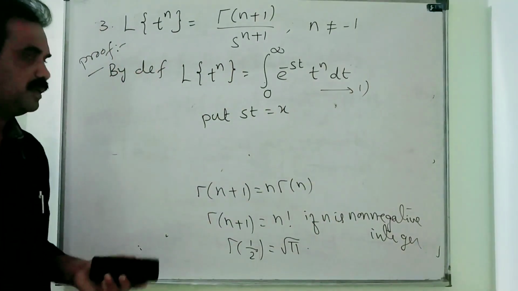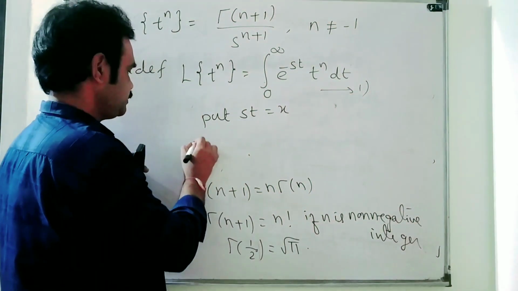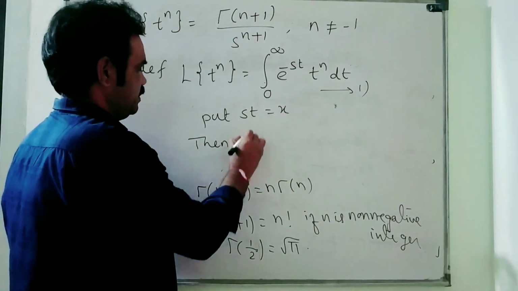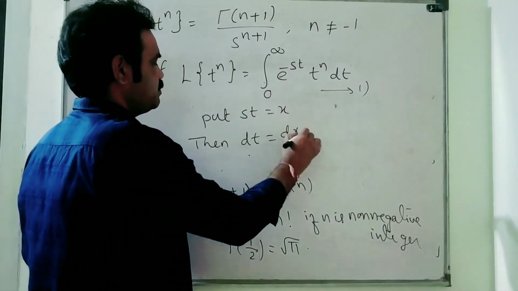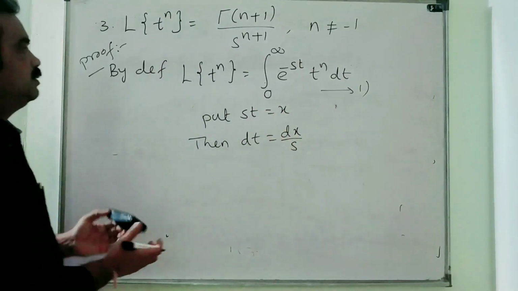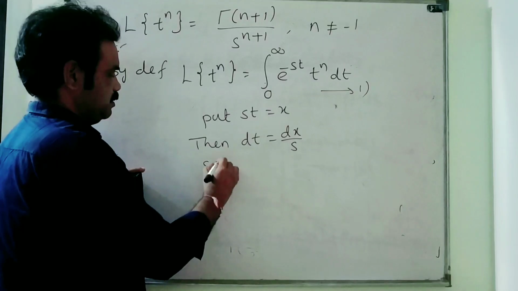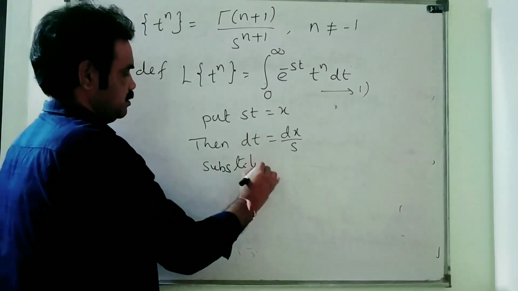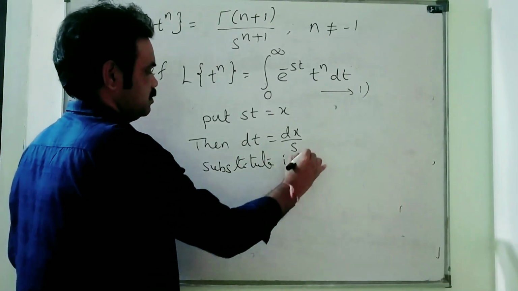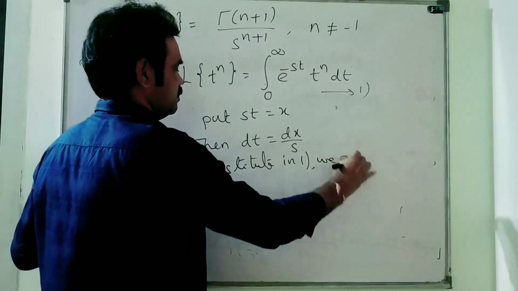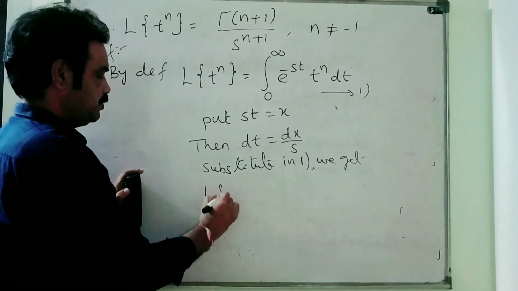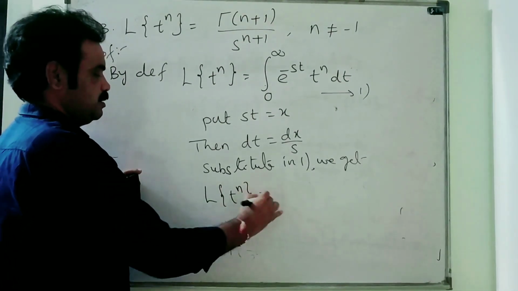Then dt is equal to dx by s. Now substituting in 1, we see that L of t power n is equal to,